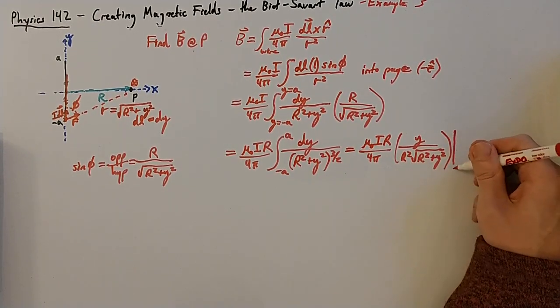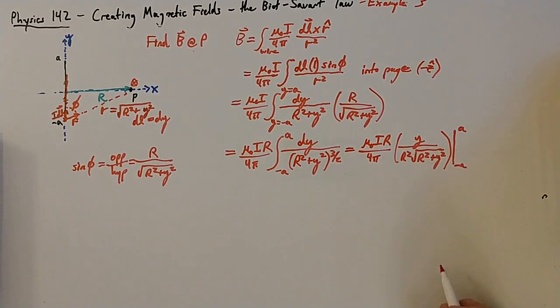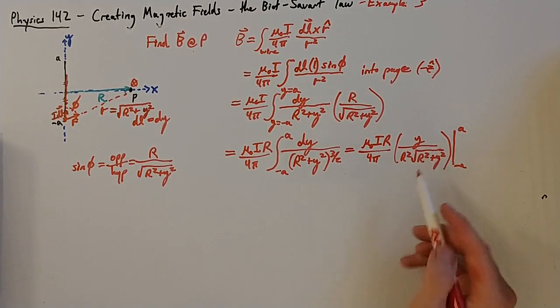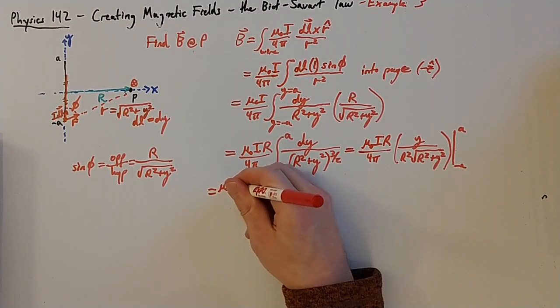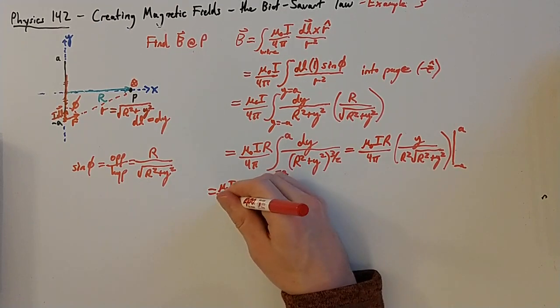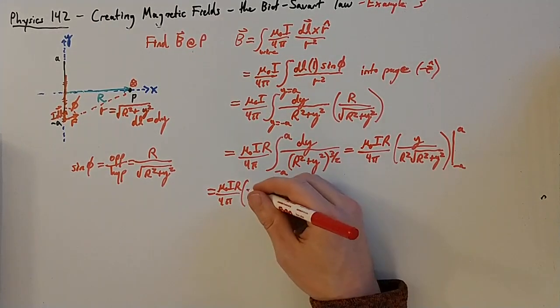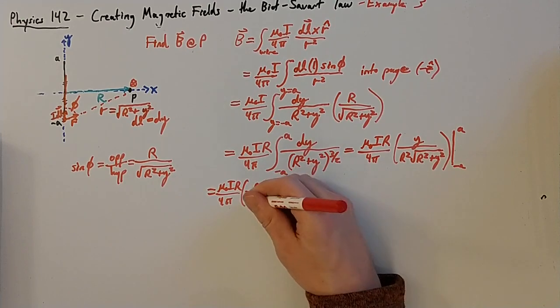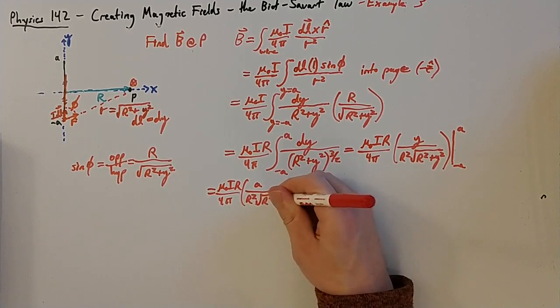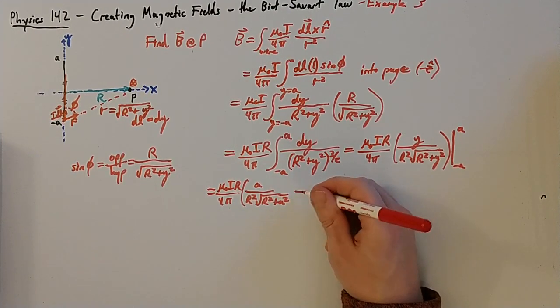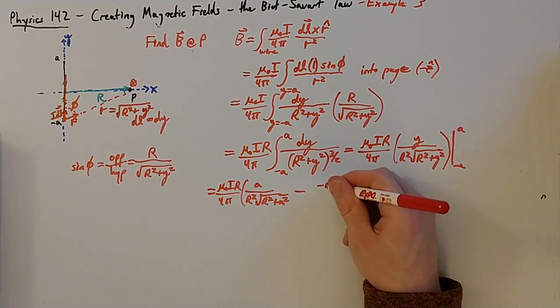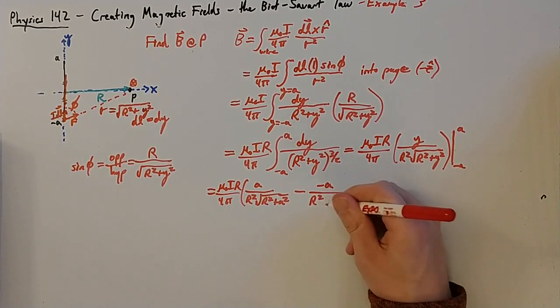And then we evaluate that at minus a and a, right? We need to now evaluate this at the two endpoints. So let's go ahead and do that. We're going to plug in a for y here. So this is now going to be all the constant stuff out in front again, over 4 pi, and then we're evaluating at the limits, so that's going to be a over r squared times the square root of r squared plus a squared, right? And then minus, and we plug in minus a, so minus a over r squared square root